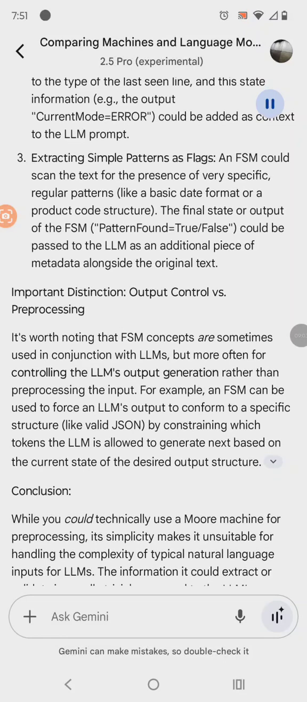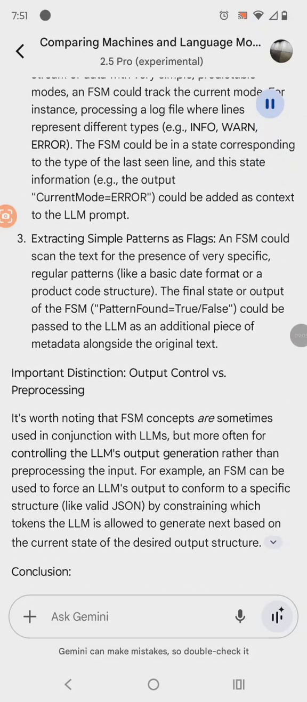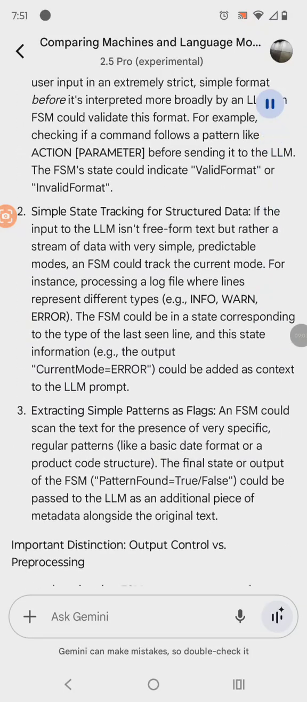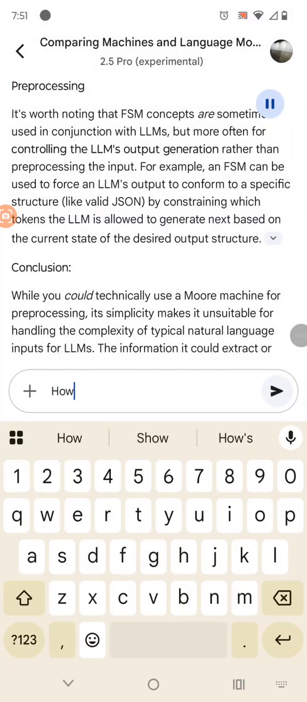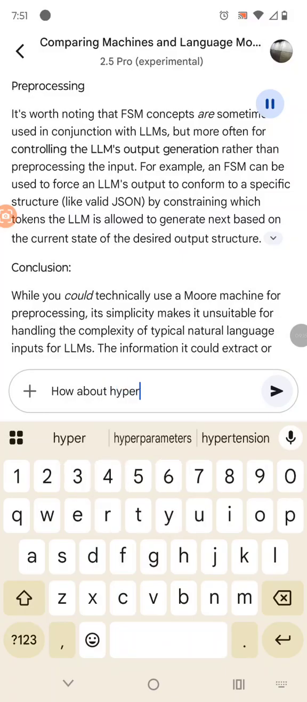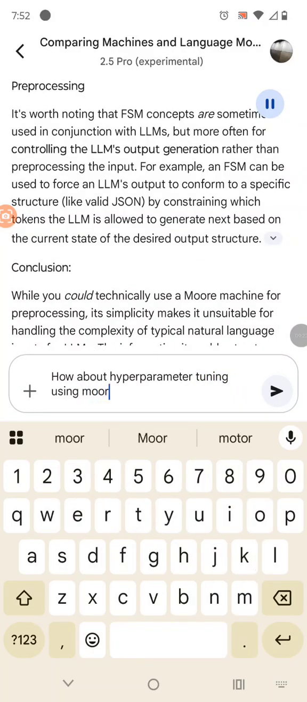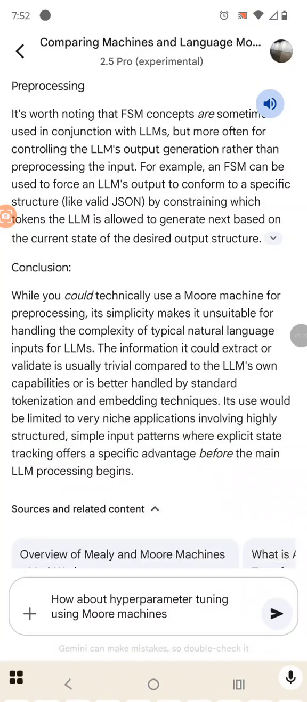2. Simple state tracking for structured data. If the input to the LLM isn't free-form text, but rather a stream of data with very simple, predictable modes, an FSM could track the current mode. For instance, processing a log file where lines represent different types, e.g., info, warn, error. The FSM could be in a state corresponding to the type of the last seen line, and this state information, e.g.,